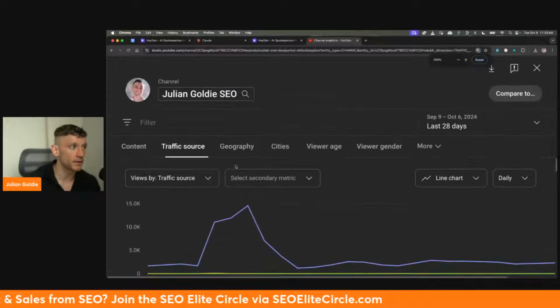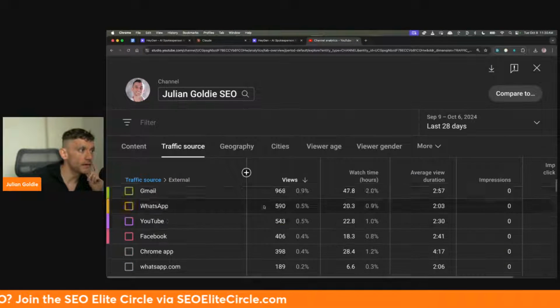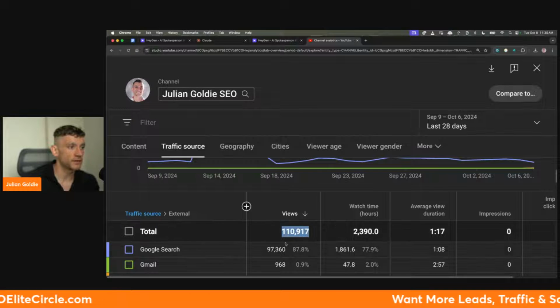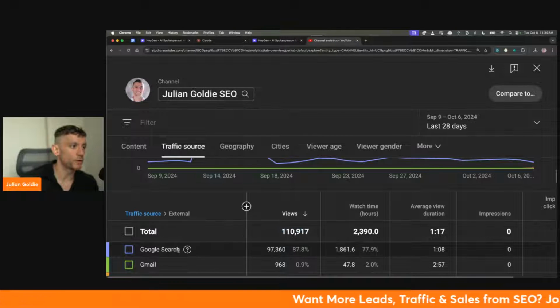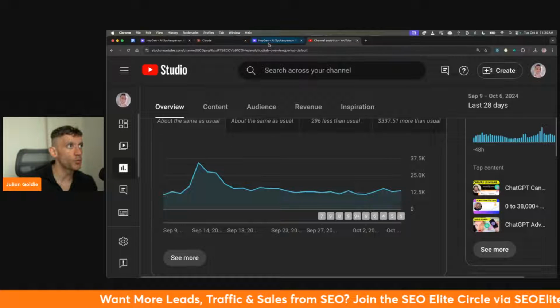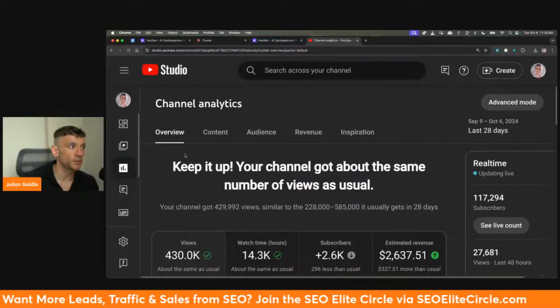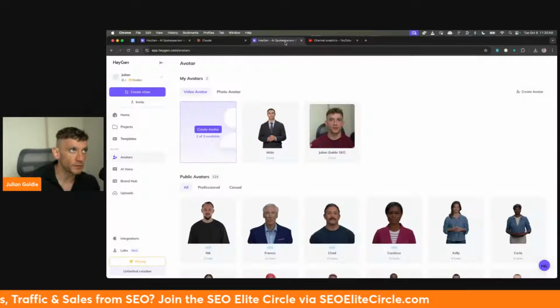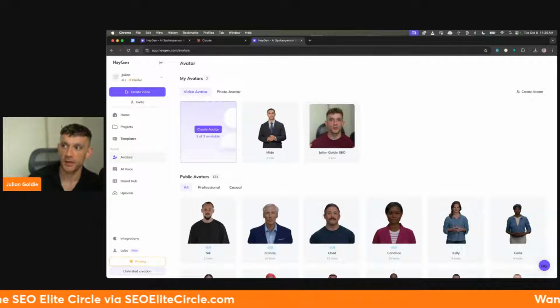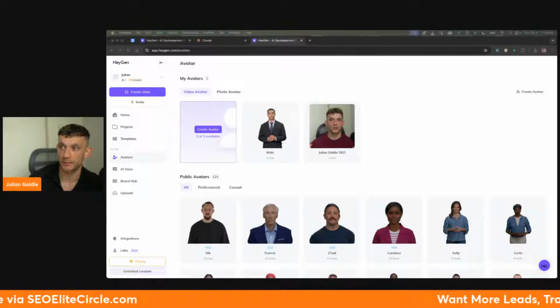So if we zoom in right here and scroll down to Google search, you can see that 110,000 views came from Google search. So this is an extremely powerful way to rank, number one on Google, but number two, to rank inside YouTube as well. And I've seen loads of AI channels popping up over the years that are actually better than most of the content I see day to day, right?